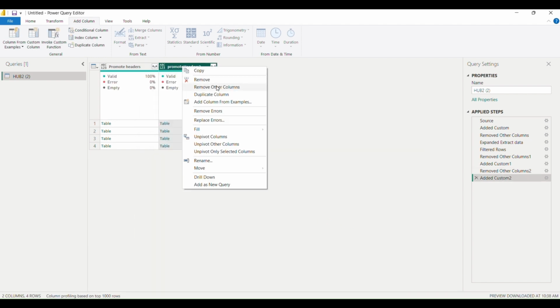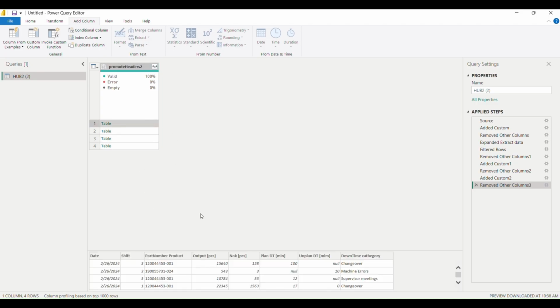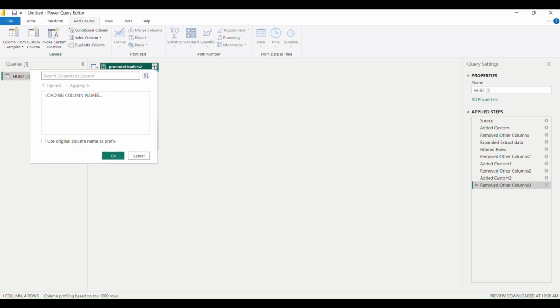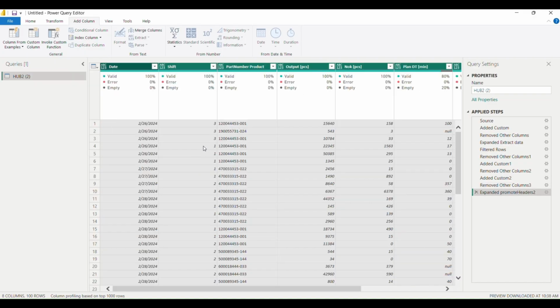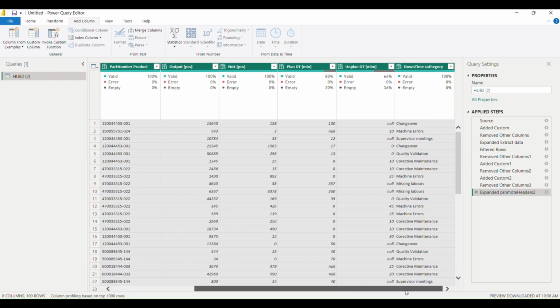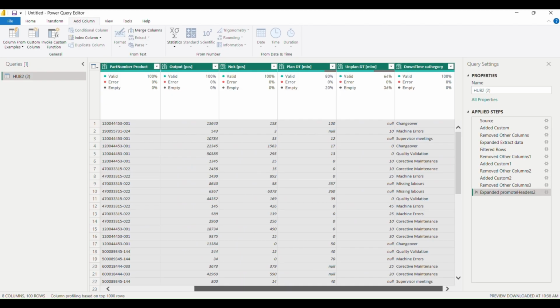We'll remove the other one, and now we should have data arranged. Everything is fine. We can expand our data now, click OK, and everything is here. The next step, of course, is to format our data, and that will be everything.